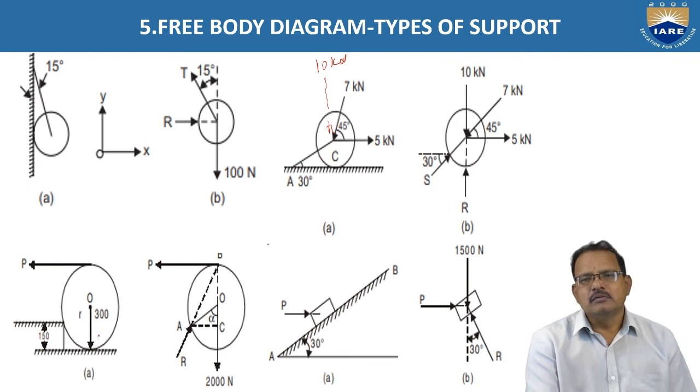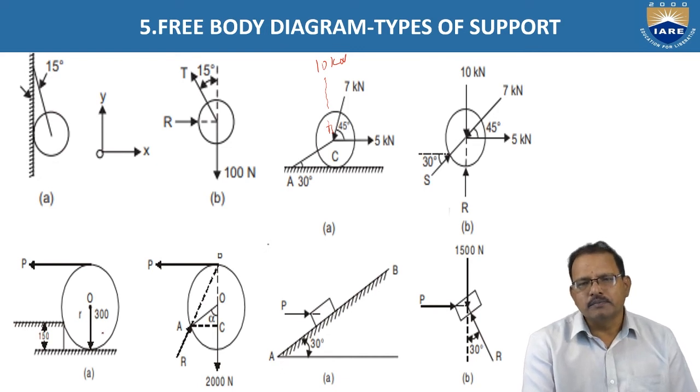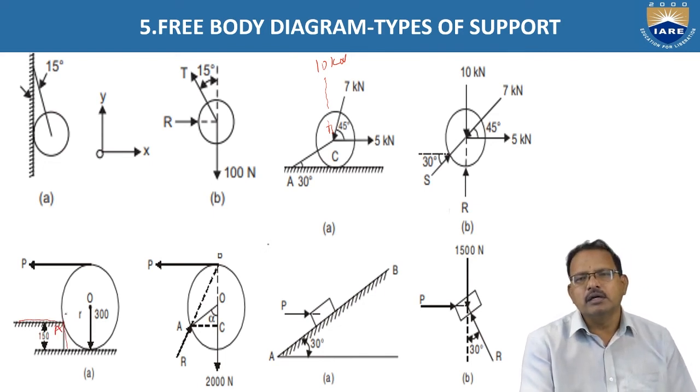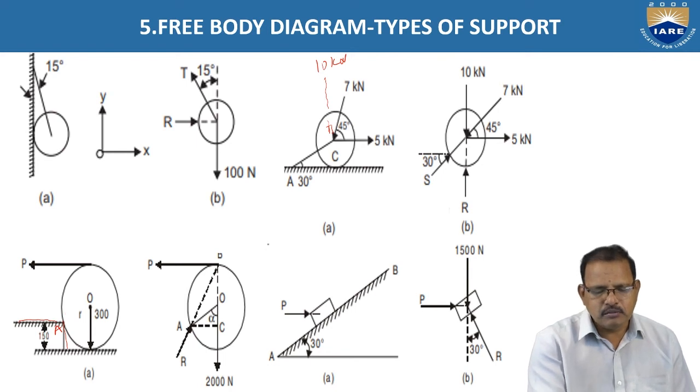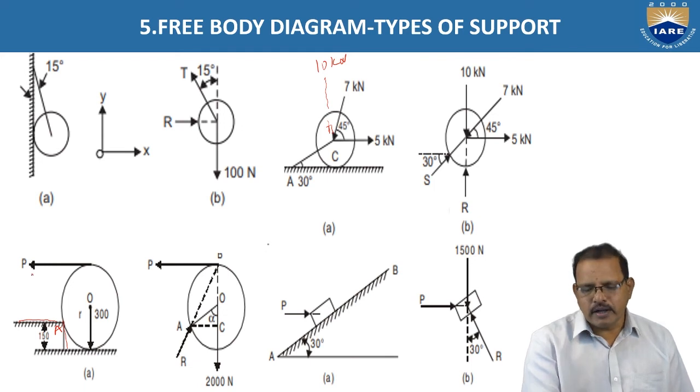Now, one more figure is there, the circle is there. It is pulled against the support of the step which is shown in the figure. It is having contact at A position. P force is acting toward the left side. The free body diagram